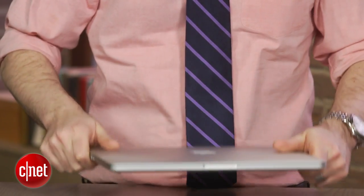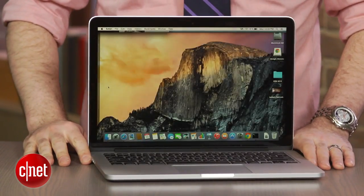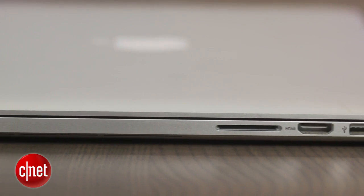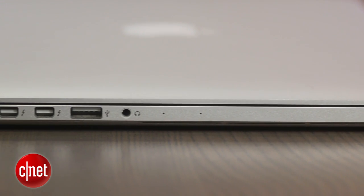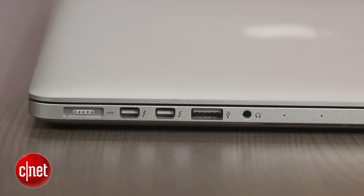This guy has been updated for this year with Intel's new 5th generation of Core i series chips, otherwise known by the codename Broadwell. You've also got a faster flash memory chip, kind of the SSD, than you had in last year's model. And the other big change here is that this is the first laptop to actually feature Apple's